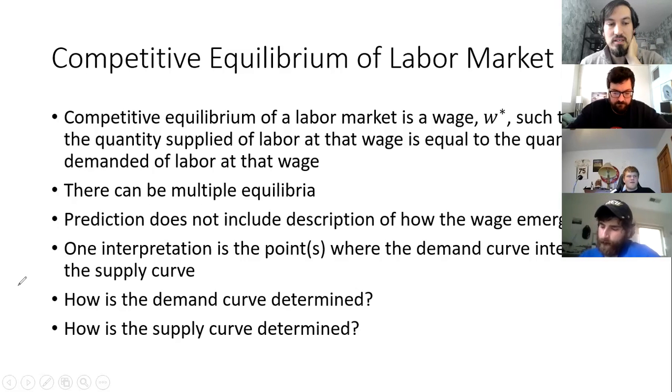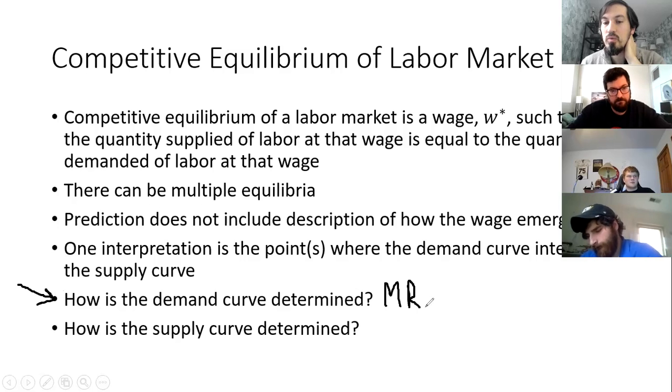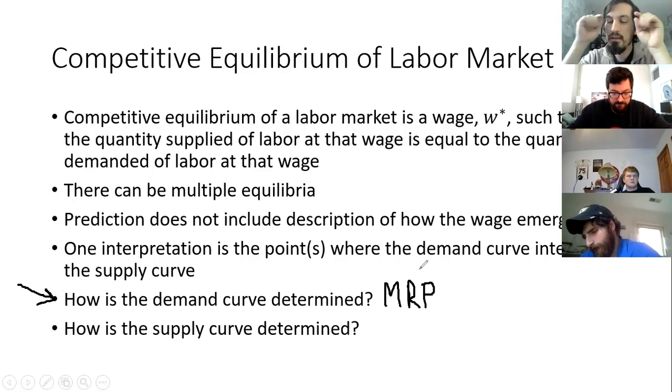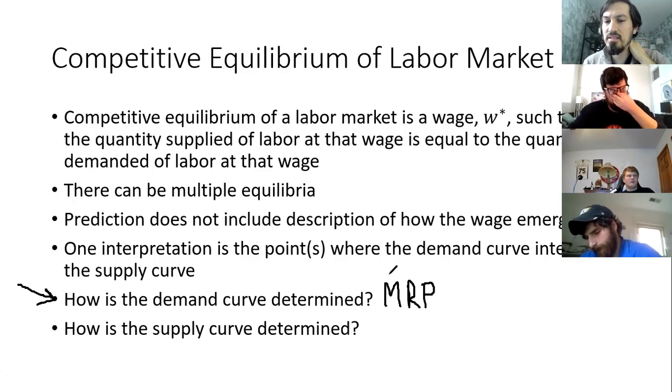I like to have this annotation, it's fun. How is the demand curve determined? The answer to this is going to be marginal revenue product, isn't it? That's the one single answer to this. But we now need to think of it: the demand curve has two dimensions on it. It has quantity and price. And you might say, well, where does price have to come into this? This is MRP, this isn't price. When I say price, I also mean wage. Price and wage are the same.